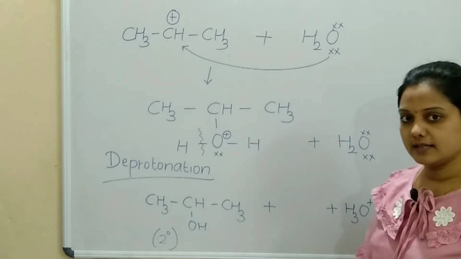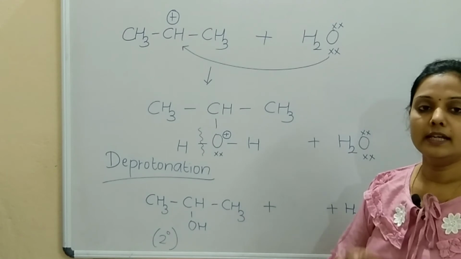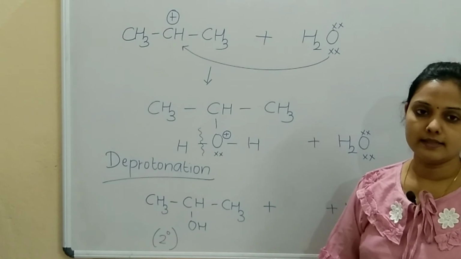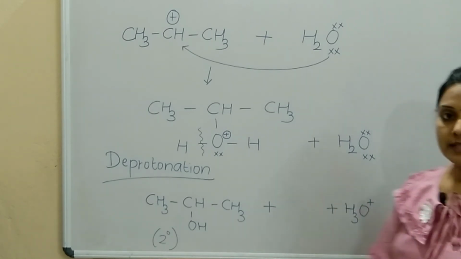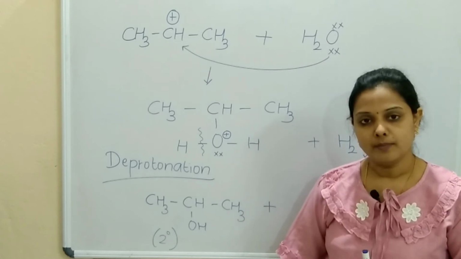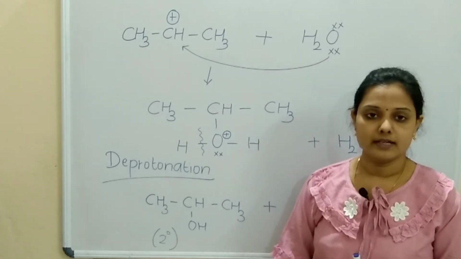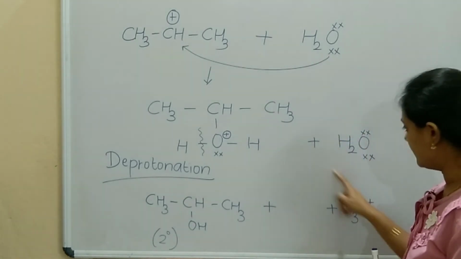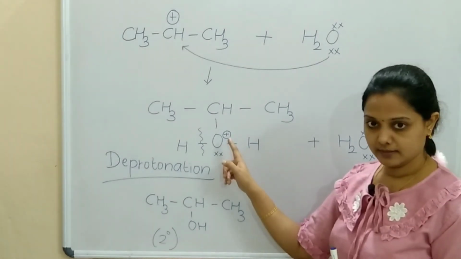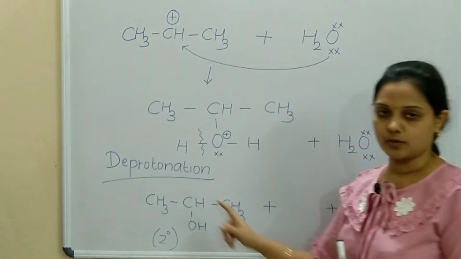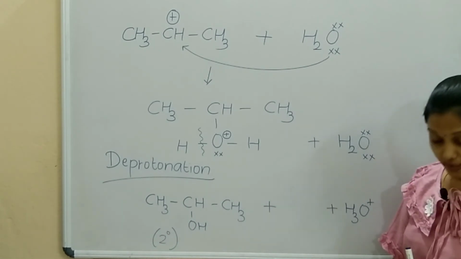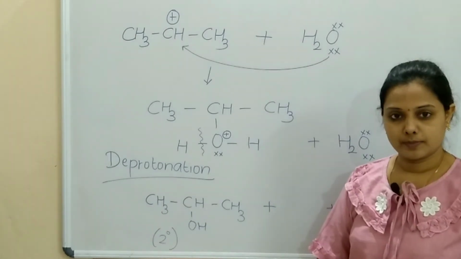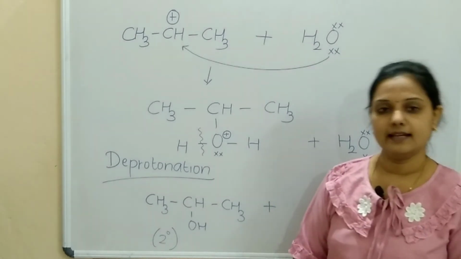So we have seen the mechanism of hydration in unsymmetrical alkenes in the presence of a catalyst, that is acid. So in the first step, hydronium ion is formed, right? There itself you can write the first step as the protonation of alkenes. The second step is nucleophilic attack on the carbocation. And the third step, that is deprotonation, removal of H3O plus. So I hope the mechanism is clear to you. We'll move further to the next preparation, that is the indirect way.